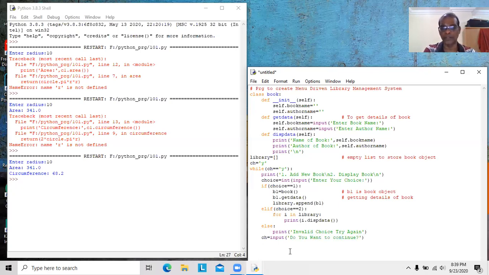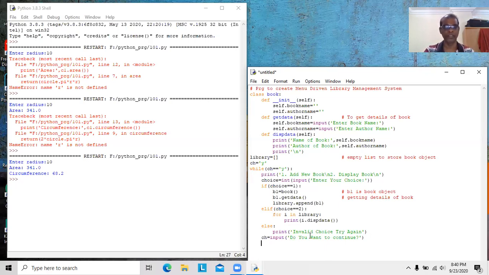Here, if you give y, the ch will be assigned with y. This will be true. It will rotate again. If you press other than y, for example n, ch will be assigned with n, and the condition becomes false. It comes out of the while loop. That's all. The program is finished.